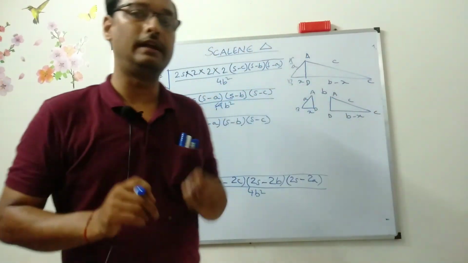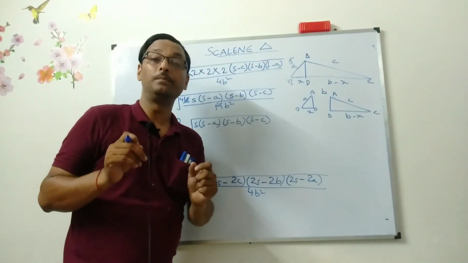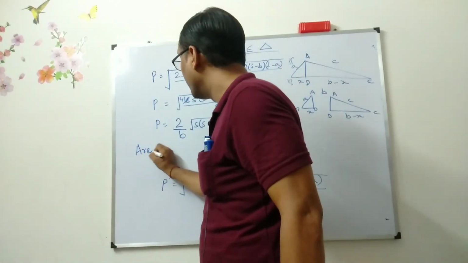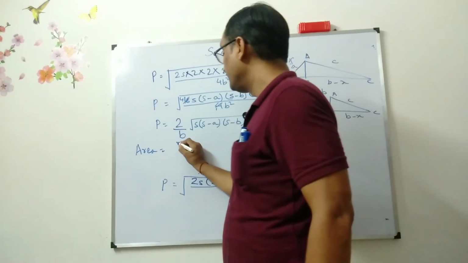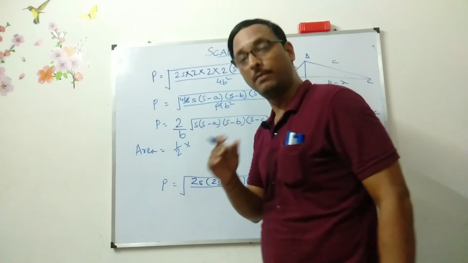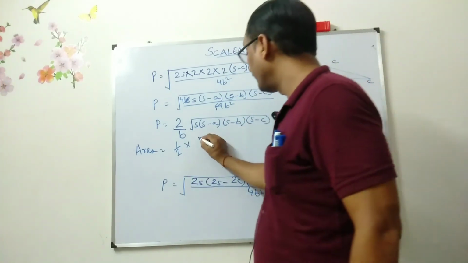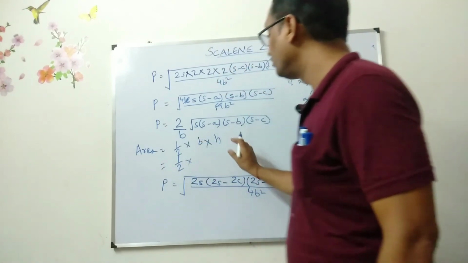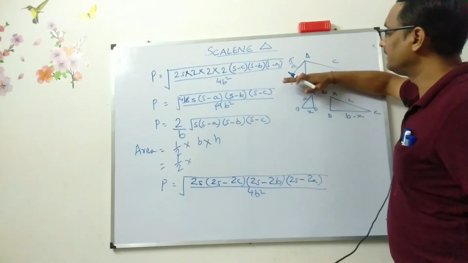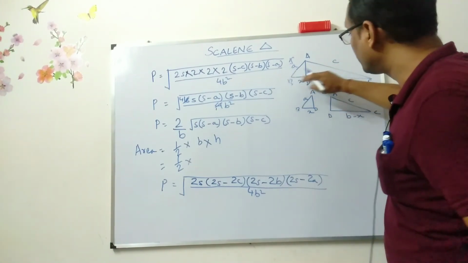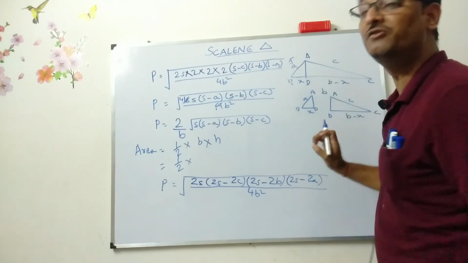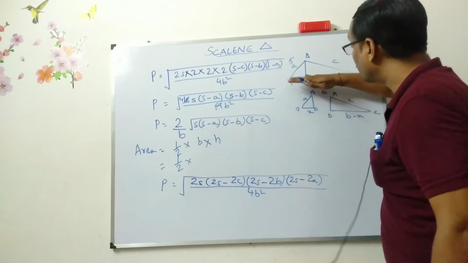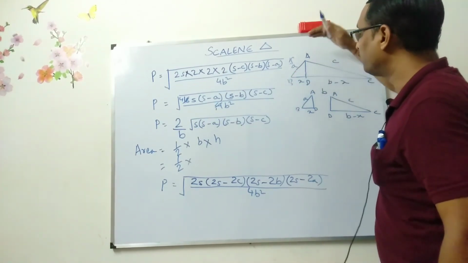But it is not the ending. I have found out only the perpendicular or height. Now I need to find out the area. What is the area? Area formula is half into base into height. So I am not writing that much; instead, I have written only b and h. What is the base? If this is a scalene triangle, this is the base. The name of the base is b, not x nor b minus x. It will be b because this whole is the base of the scalene triangle.